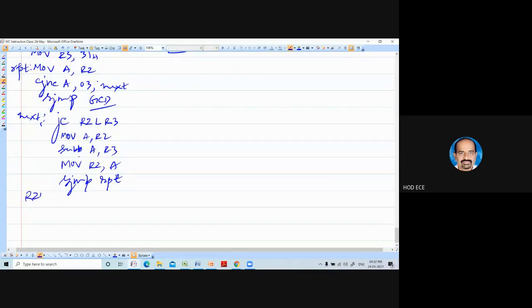So R2 less than R3 is R3 minus R2. So move A, R3, SUBB. Actually it is very important, you see.